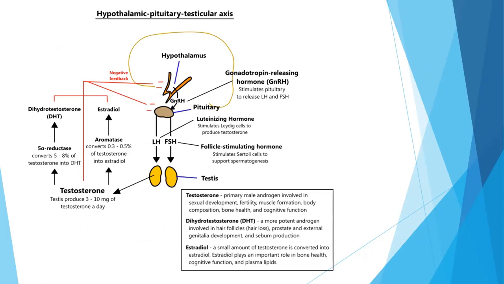There is the hypothalamus, which secretes GnRH, and the pituitary, which secretes LH and FSH. They act on the testes, and the testes, through the Leydig cells, make testosterone. This testosterone either gets converted through aromatase to estradiol or through 5-alpha reductase to dihydrotestosterone. Luteinizing hormone stimulates the Leydig cells to produce testosterone, and follicle-stimulating hormone stimulates the Sertoli cells to support spermatogenesis. FSH has S in its name, so it stimulates the Sertoli cells, which start with S, and